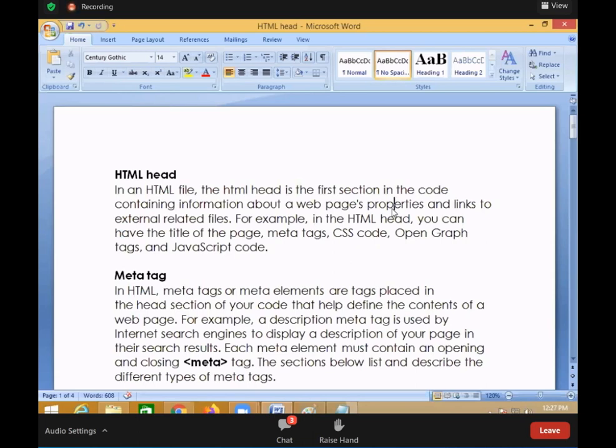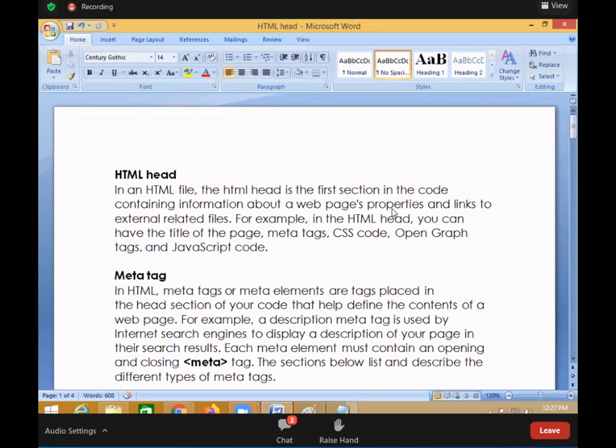Content is separated from properties of the web page or not? Yes, it should not mix up the content and the properties. You have to separate the properties as well as the content. Now you are defining the properties of the web page in the header section, and the content of the web page you are defining in the body, so that maintaining your web page becomes